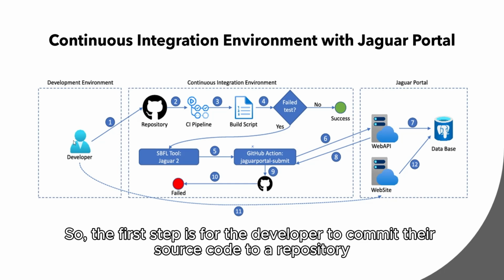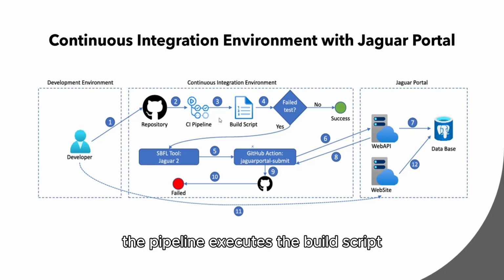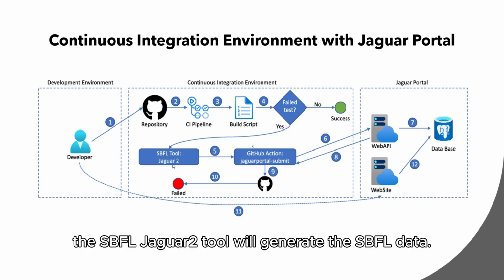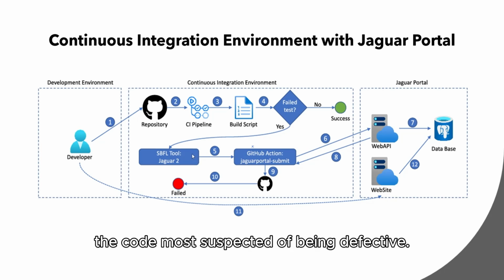So the first step is for the developer to commit their source code to a repository, then run a pipeline. The pipeline executes the build script that may or may not fail. When it fails, the SBFL Jaguar 2 tool will generate the SBFL data. Once the SBFL is made with the ranking of the code most suspected of being defective,